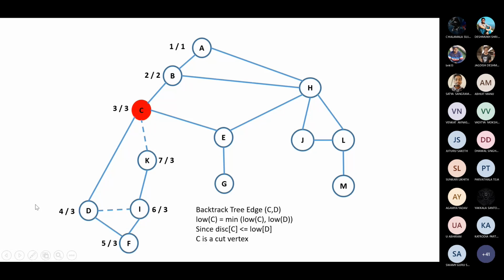Now at this stage we call it a cut vertex. Why? Since discovery of C is less than equal to